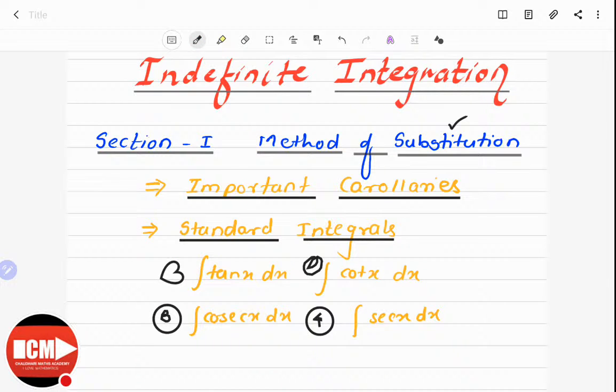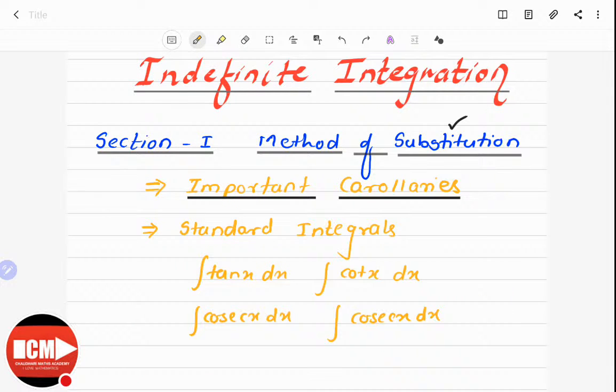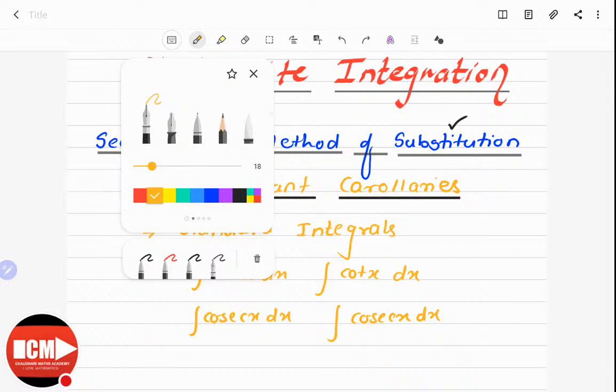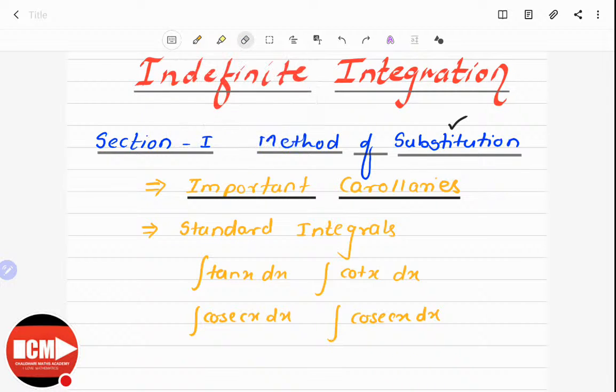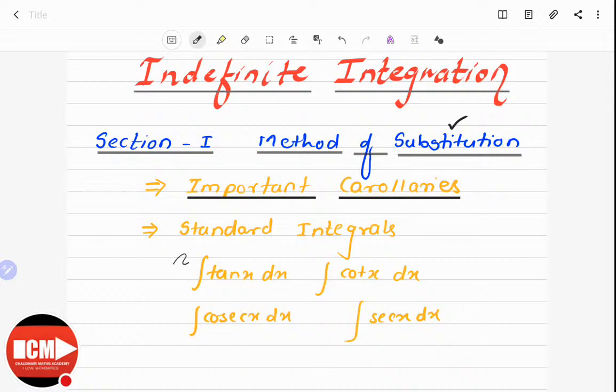Let me correct it a little bit. The last one is integration of cosec x. So here I am correcting this last one. So here I am going to cover these four standard integrals. The first one, integration of tan x, integration of cot x, integration of cosec x, and the fourth one is